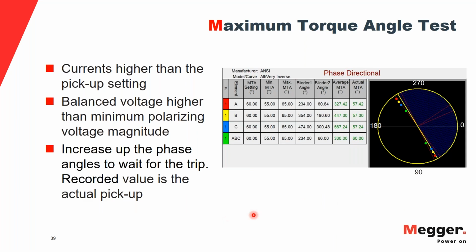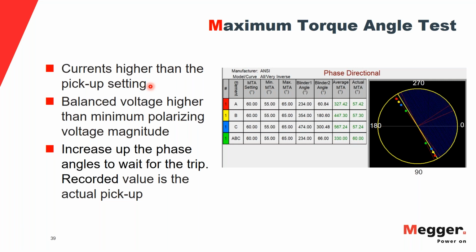And then the other test is called the maximum torque angle test. This maximum torque angle test is basically testing the maximum torque angle setting in the relay and ensuring that the setting in the relay is what is expected to be. So the way to do this maximum torque angle test is you provide currents higher than